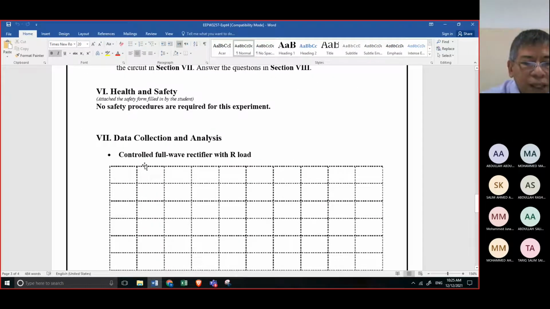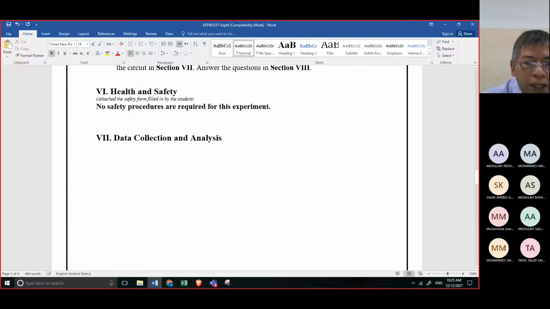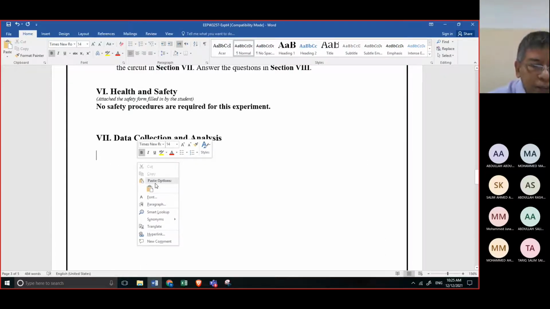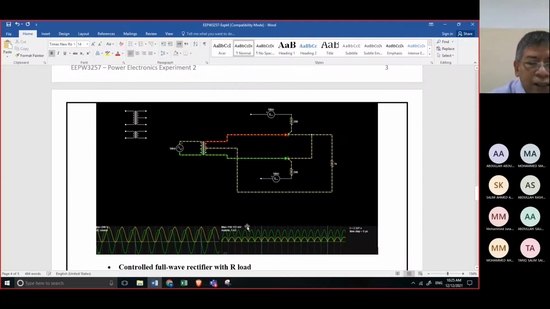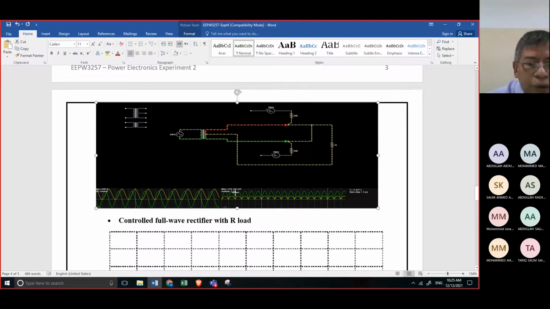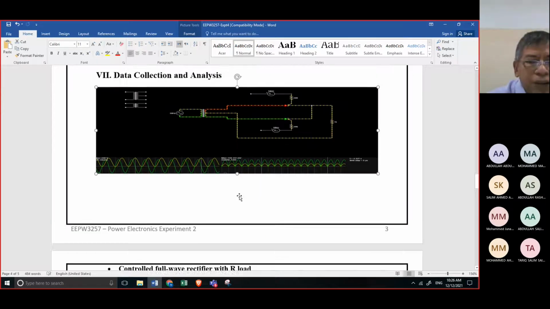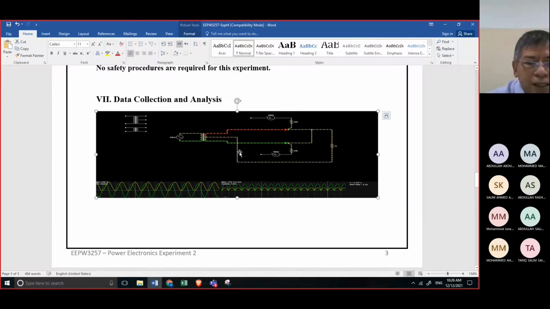So from here, before the waveform, I want you to copy on this side. It's very easy to copy. You just click here, paste, and then what you performed in the experiment, you already have this as evidence. So meaning I want to see this 240 in your report.